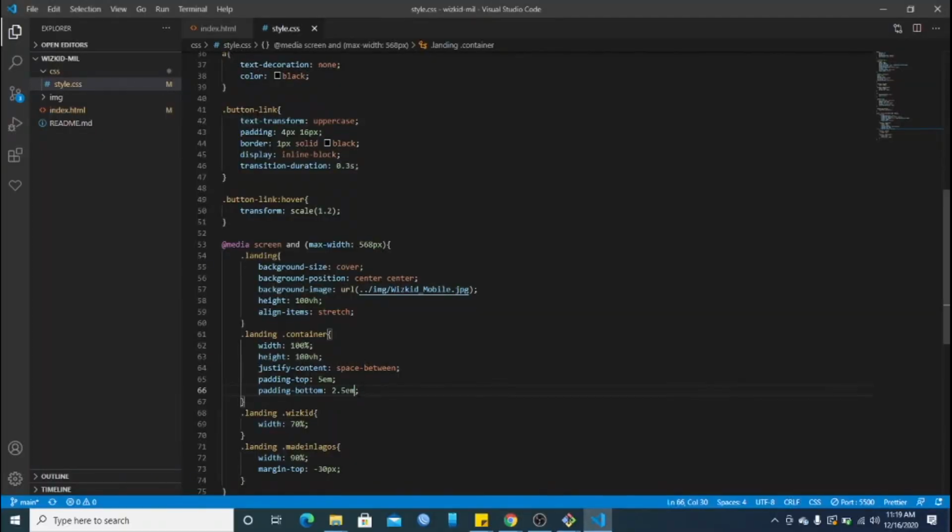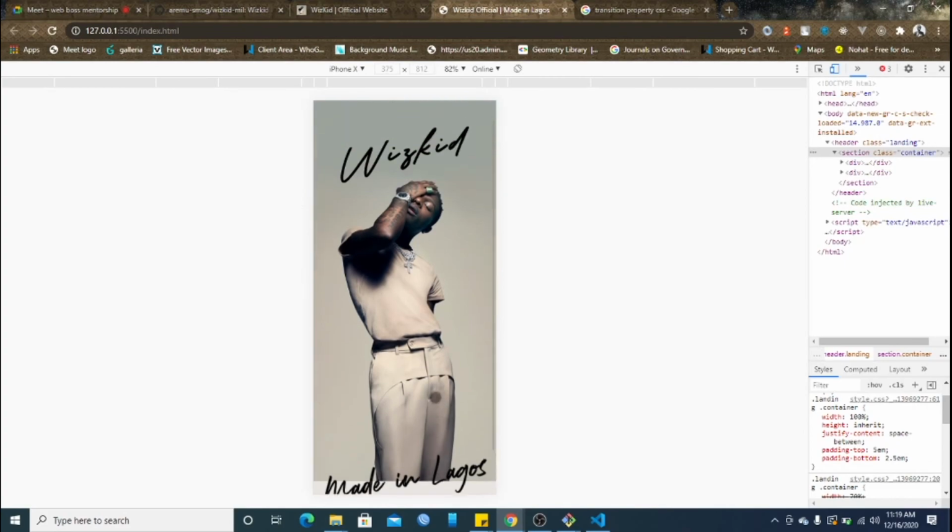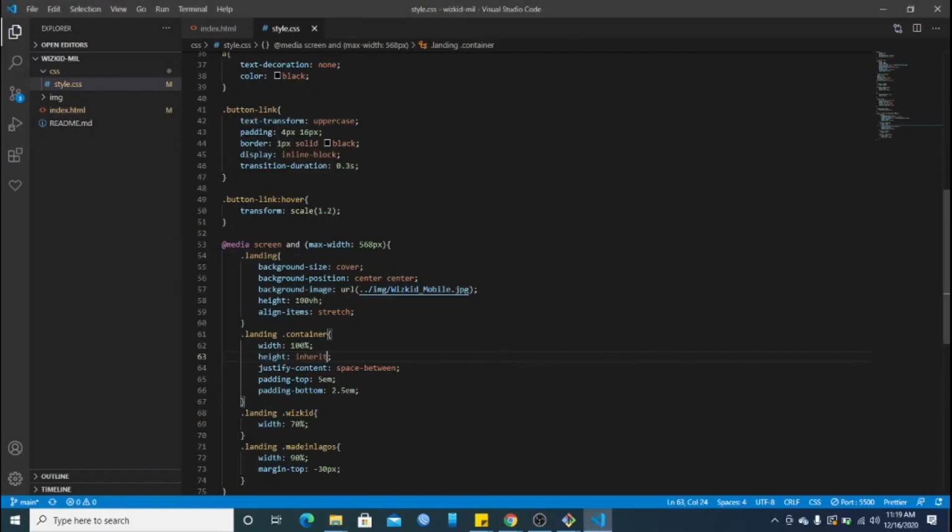So what I would do now is this 5 m and 2.5 m that I've added to the overall height of the design, I will have to remove it from this height. So let me take this back to inherit actually instead of 100 VH, and let's see if it still works. Cool, it still works. So what I will do now is I will use a command called calc. This basically helps you to do some mathematical stuff, and I will say minus